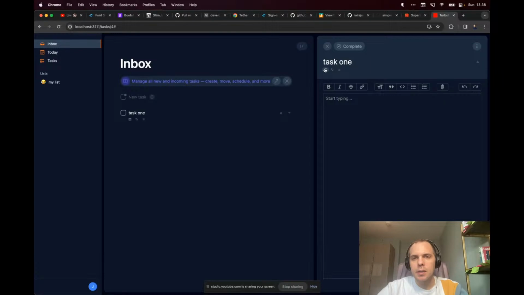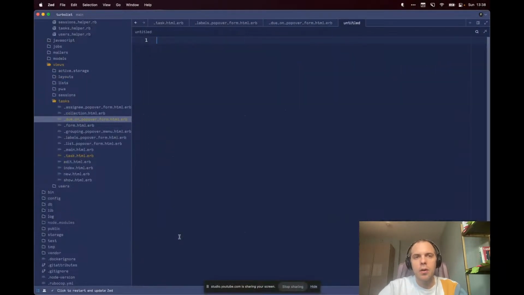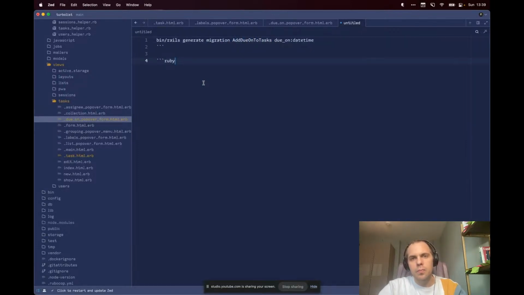So let's scaffold out here what we need the database to be. As a reminder, I like to move from database to models to controllers to views. I just made this quick view refactor to prepare us at that point. But we're definitely going to need to generate a migration and